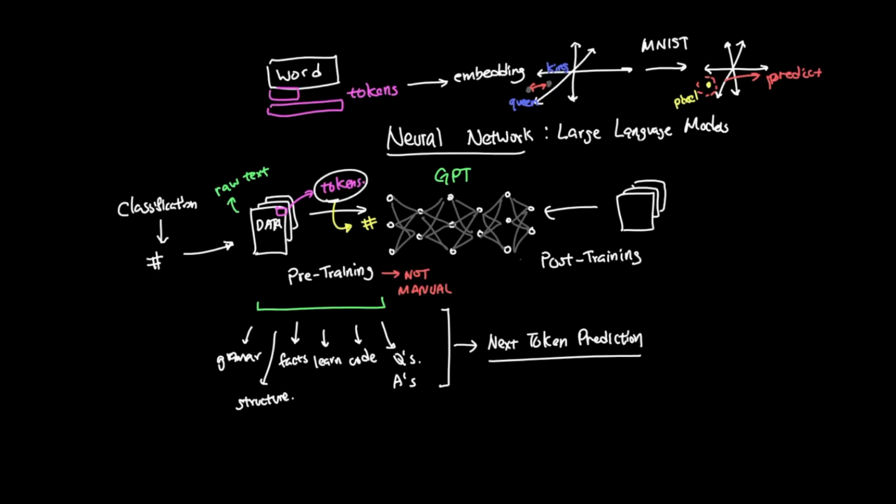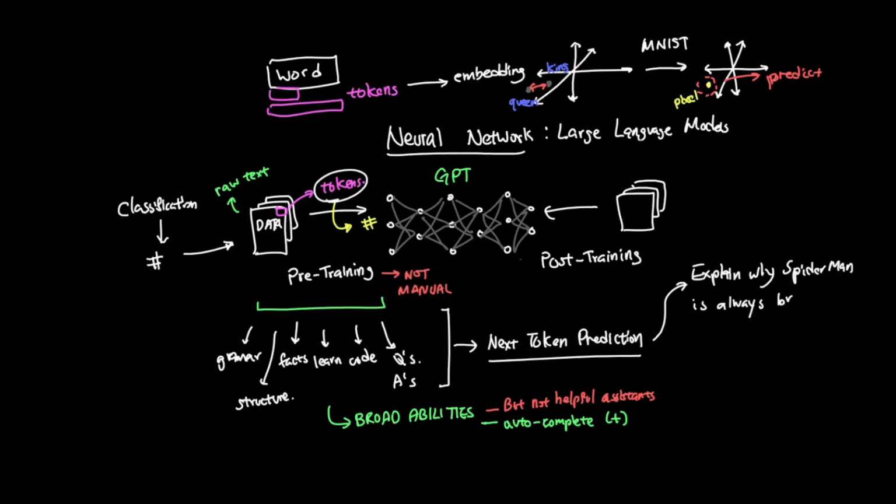So pre-training gives GPT its broad language ability, but a pre-trained model is not automatically a helpful assistant. A model trained only to predict the next token is mainly learning how to continue text. That is useful, but it is not always the same as following a user's instruction. Right now, it is just the ultimate autocomplete. For example, if you write, explain why Spider-Man is always broke, a raw pre-trained model might continue it like it was found on a random web page. That is a continuation of text, but it is not really answering you directly. What if you want something more like this?